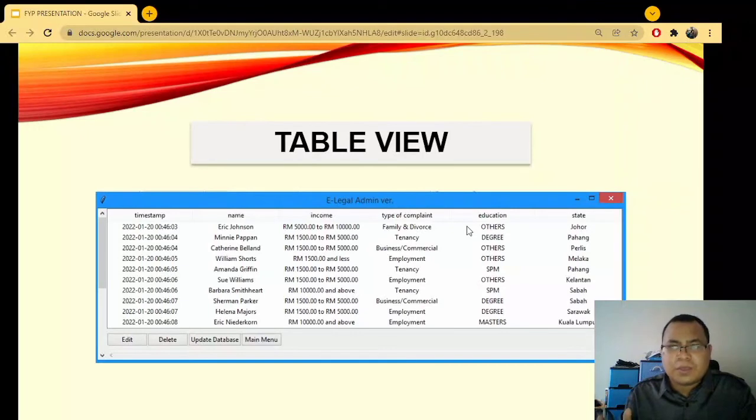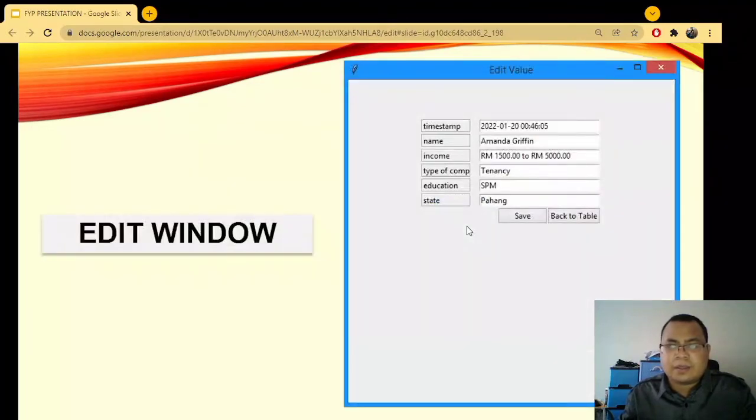For the table view, the staff could edit and delete the data, which they will update afterward to send the current change to the database. When the edit button is clicked, the selected row of data will be shown as in the picture, and the staff could edit any data they choose and save it to the table.